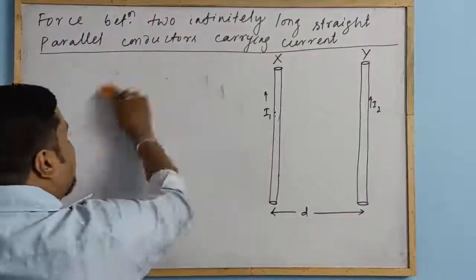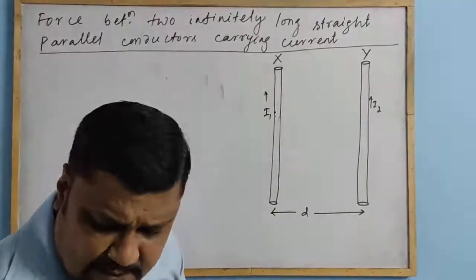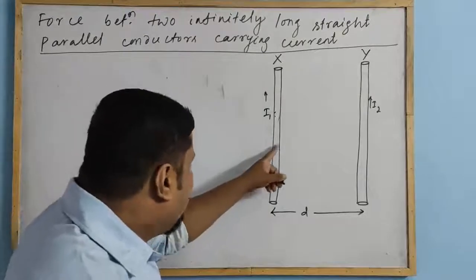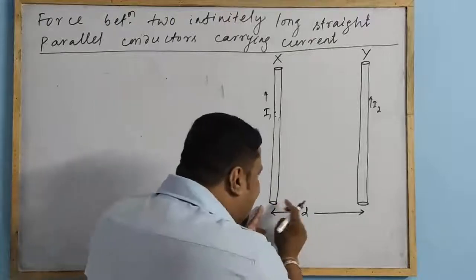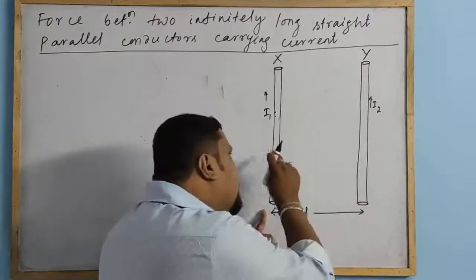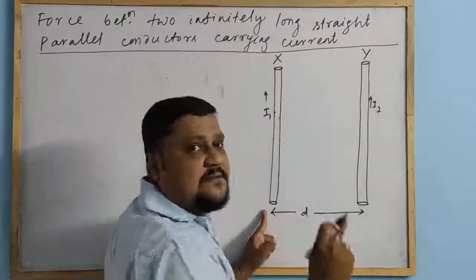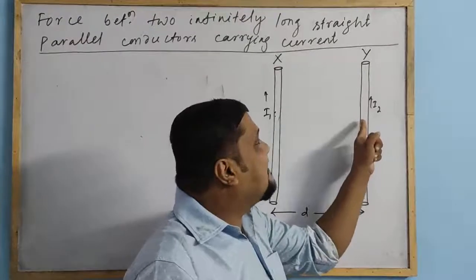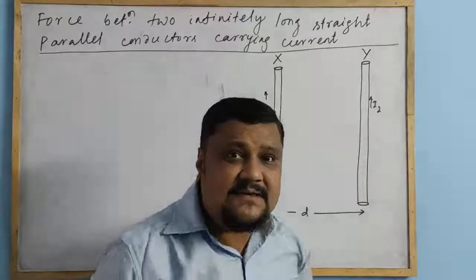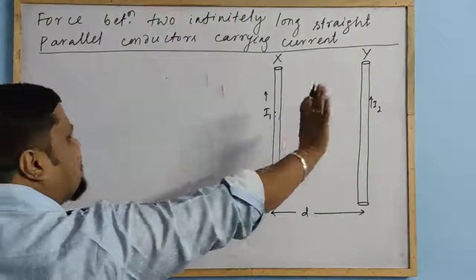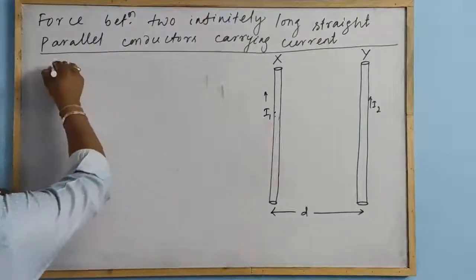Now, what we have taken, I1 and I2, is the current in these two conductors. Now, the same procedure first: I will find out the magnetic field at a distance D due to the current I1 in the conductor X, because the second conductor is at what place? At a distance D from the first conductor X. All these things you will write and you will get the note, but I am writing this part. Magnetic field